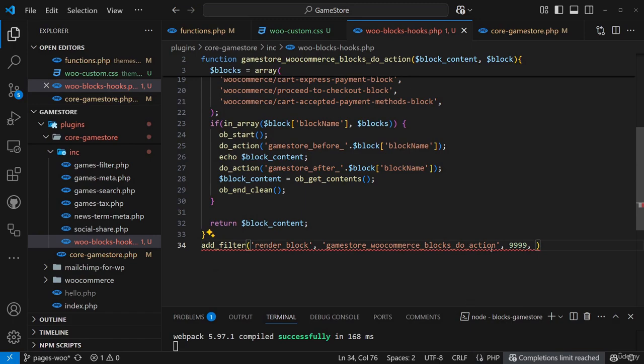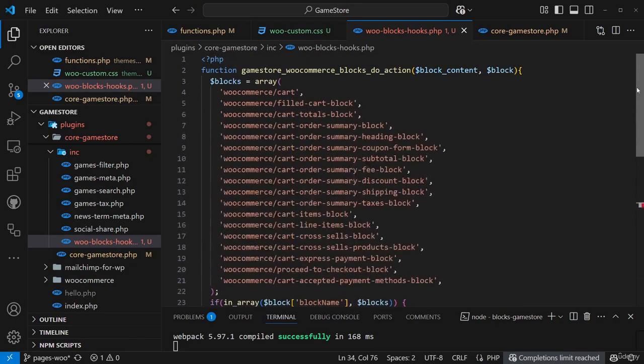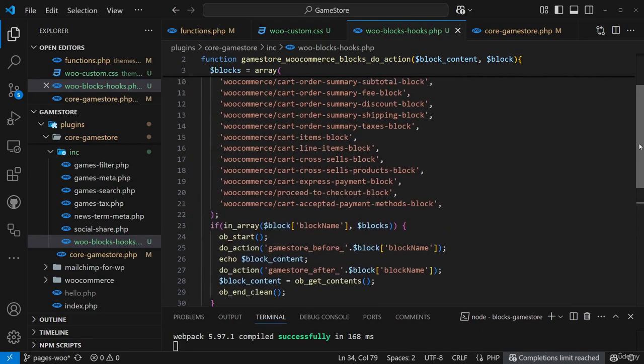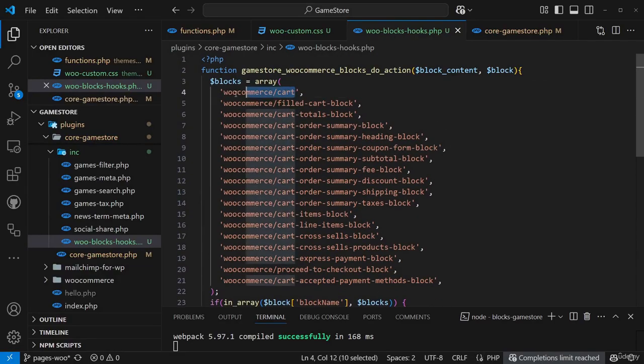And how many parameters? Do we have 2 parameters, I think? Yes, 2 parameters. Set the priority to maximum so that at the very end, it is interpreted. Now, essentially when this basket is called,